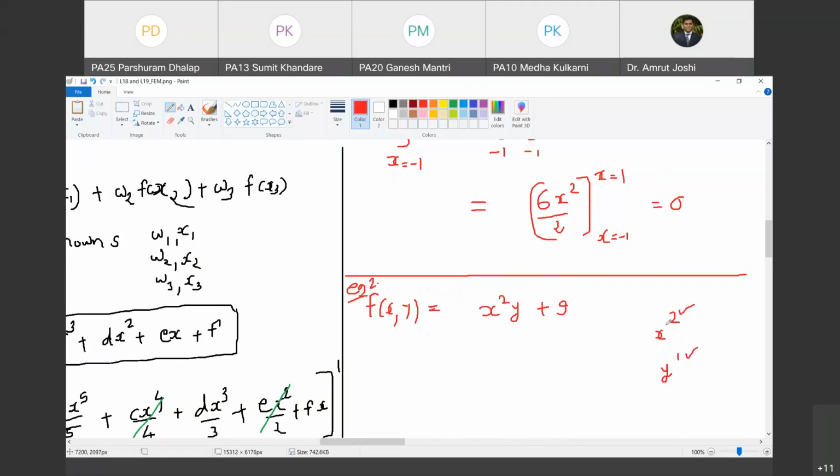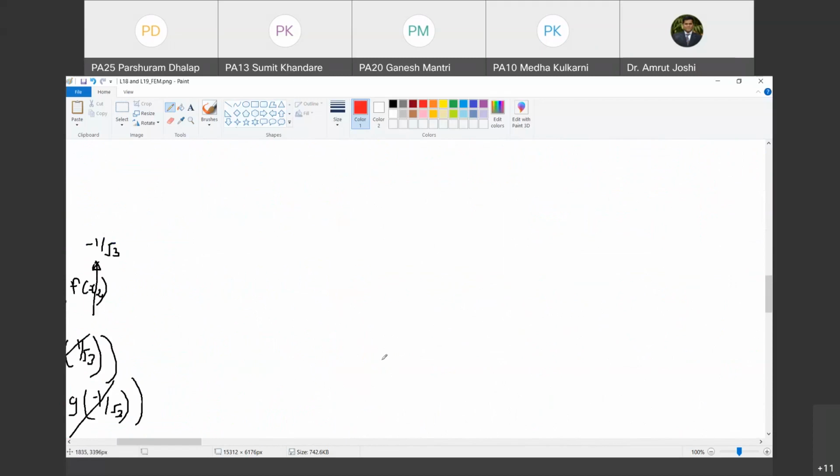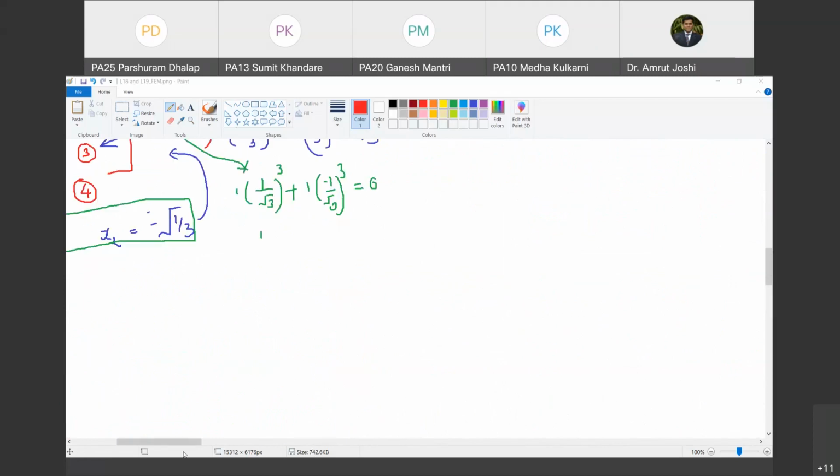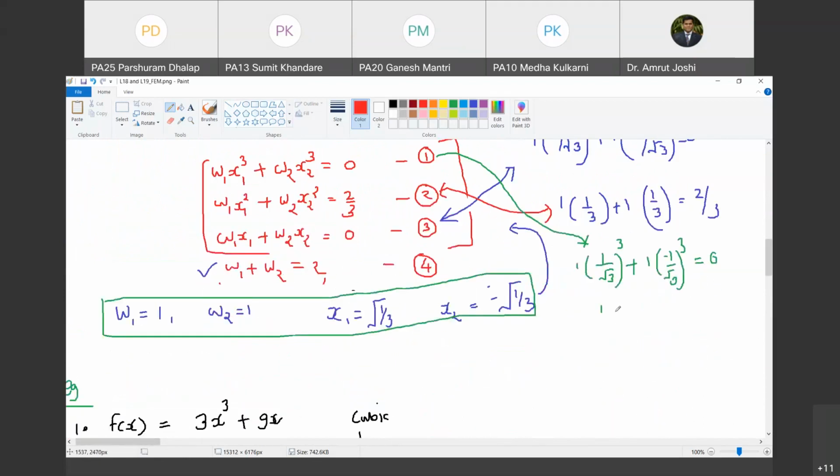1. So in x, you are going to use 2-point Gauss quadrature, and in y, you are going to use 1-point Gauss quadrature. Happy? Yes, sir. So you are going to use 2 cross 1 Gauss quadrature. The first one relates to x, second one relates to y. Happy? Yes, sir. Now, what are the 2 points? When it is 2-point Gauss quadrature, we have already worked out the 2 points are 1 by root 3 and minus 1 by root 3. Do you agree with me? Yes, sir. And weights are 1 and 1.